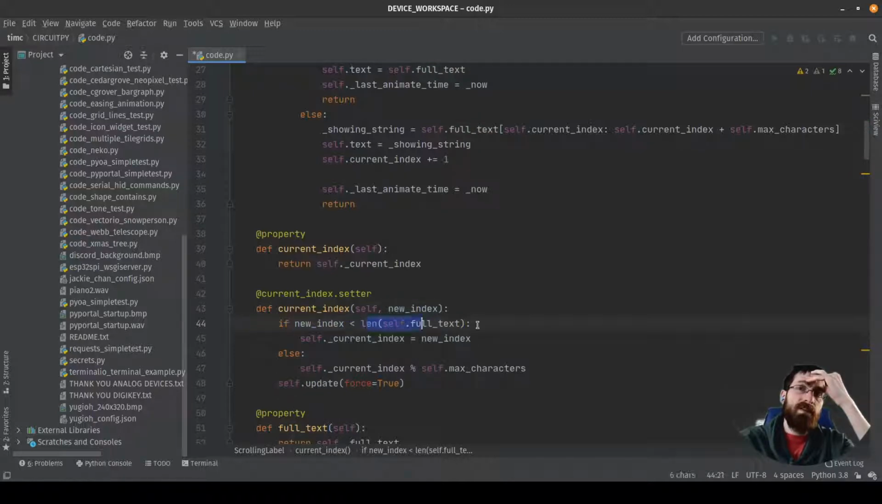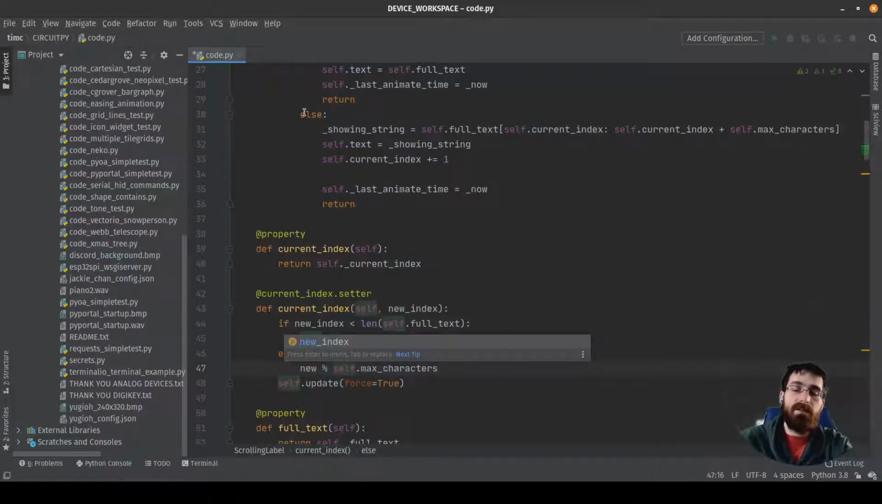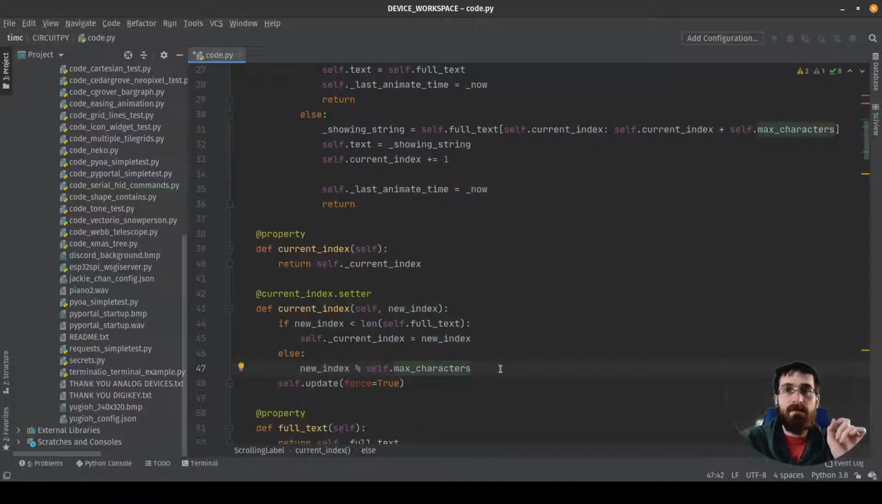So if max characters was 20 and our full text was 30 and we passed, let's say 32, that is not less than 30. So we go to here. This should be the number they passed, new index. So 32 modulus 30. It's 1, remainder 2. So it sets the new index to 2. But we should minus 1 because